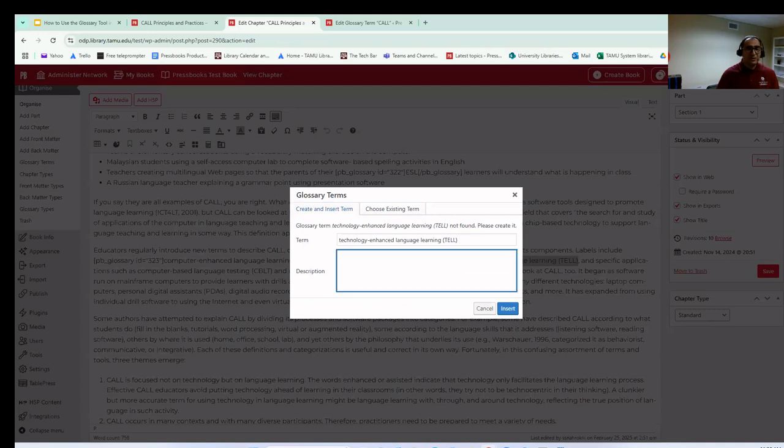So I'm going to put in the description for it, which I have already created before this session. So I just copied it and I'm now pasting it into this box, the description box. So technology enhanced language learning refers to the use of digital technologies to support and improve language learning and teaching. And unlike computer-assisted language learning, which was another term which we defined in the text,